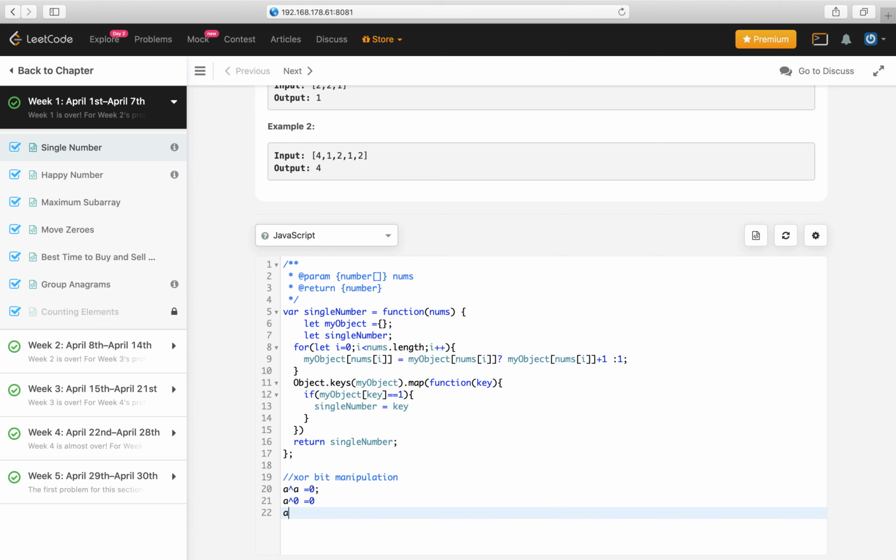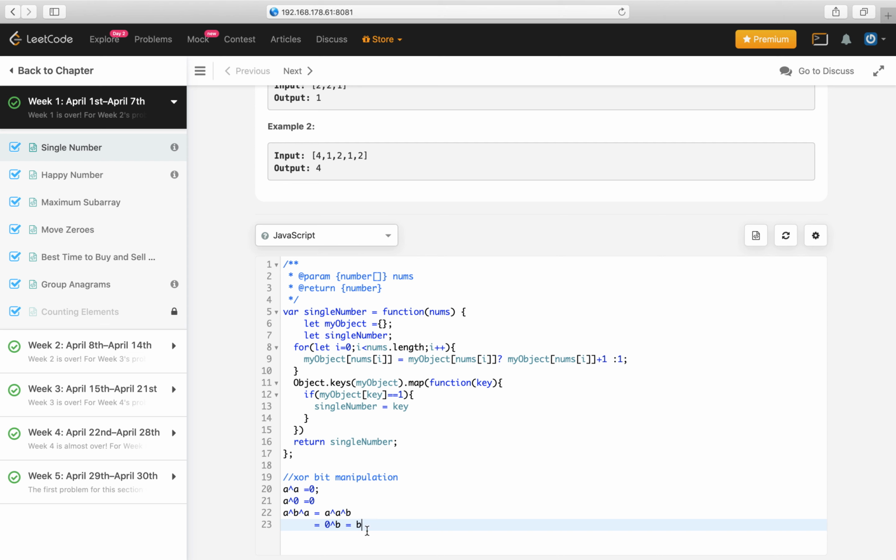For example, if a number A is XORed with B and then again XORed with A, then it will become A XOR A XOR B, which gives the value of 0 XOR B, which is equal to B. So this is the basic concept of XOR bit manipulation.